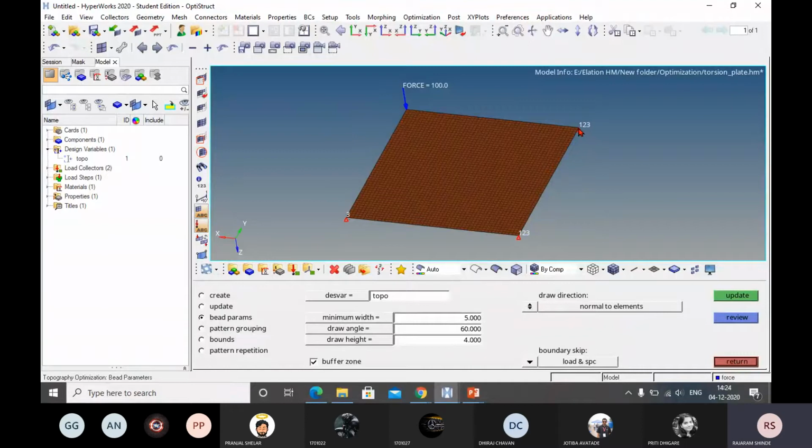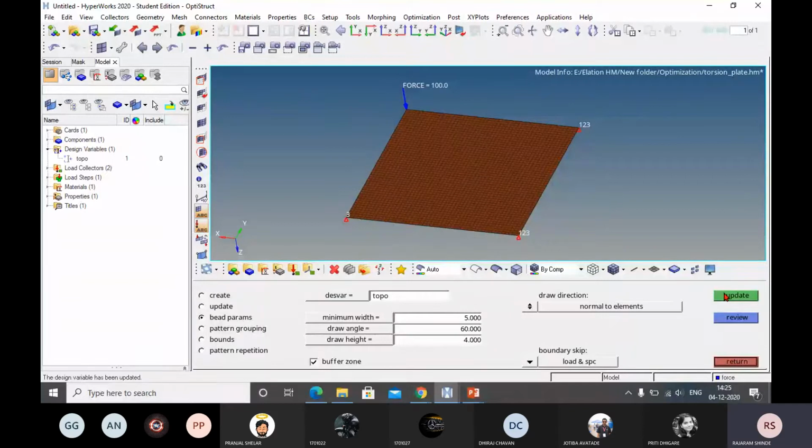So therefore you will get a change in the position of these boundary nodes. But we don't want to change the position of these boundary nodes. We want to keep the original position of the boundary nodes or boundary conditions as it is. So you have to select here, skip the boundary load and SPC. Now click on update.